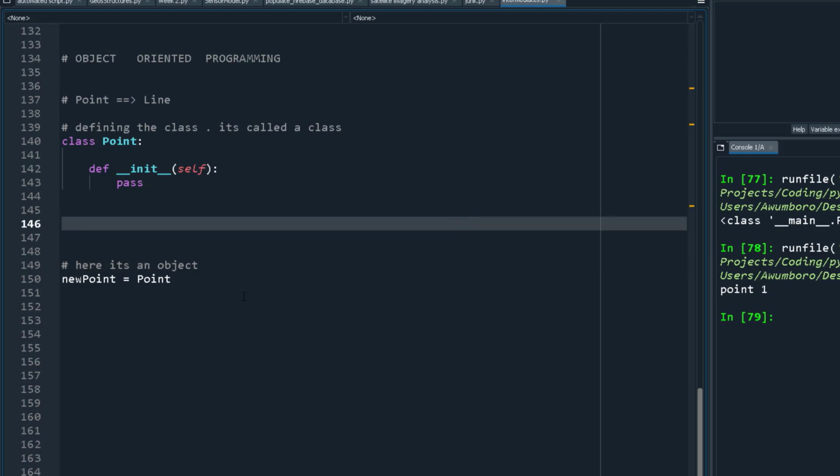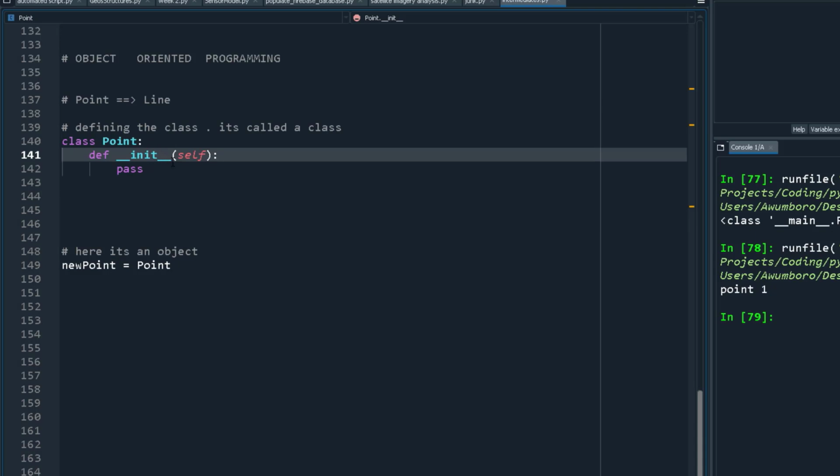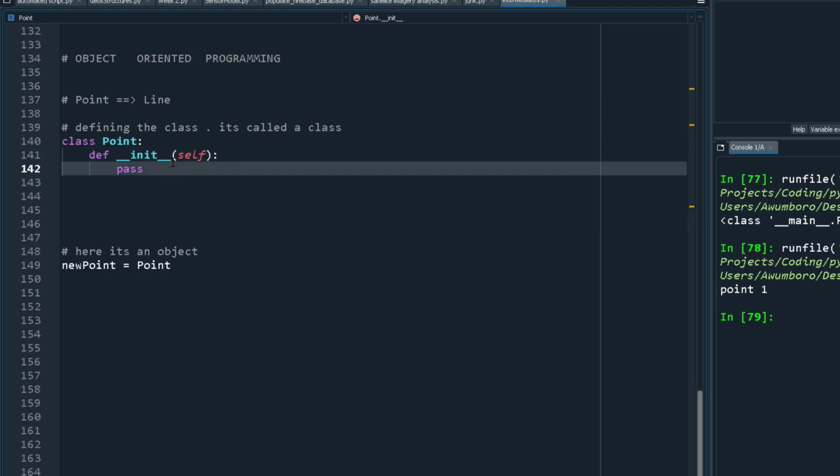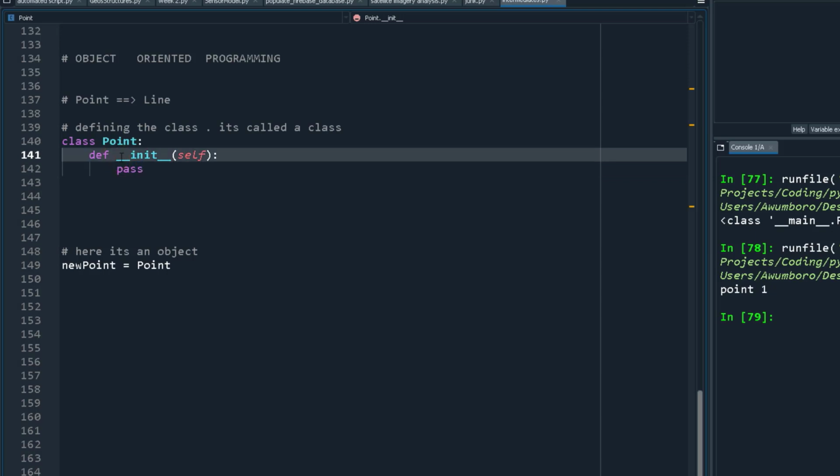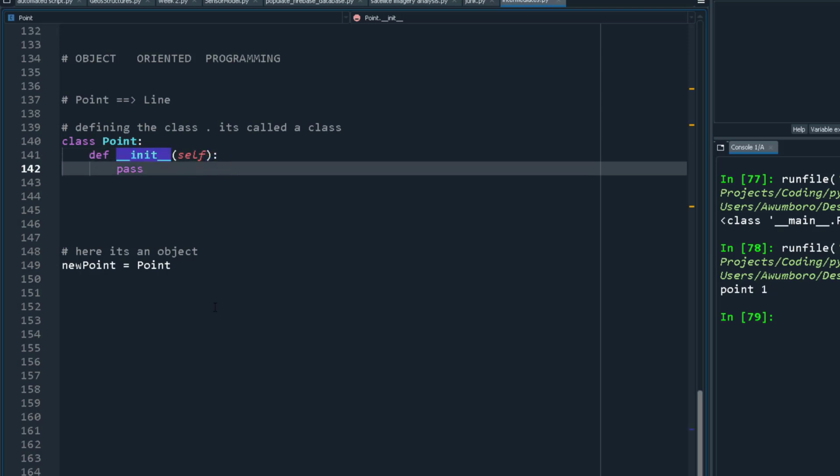Okay, so over here it's an object, but over here it's called a class, because this is the defining stage and this is the usage stage. Whenever you hear me saying class, I'm talking about the defining stage, but maybe sometimes I might interchange it. It doesn't really matter. The point is, for this initialization, what it does is